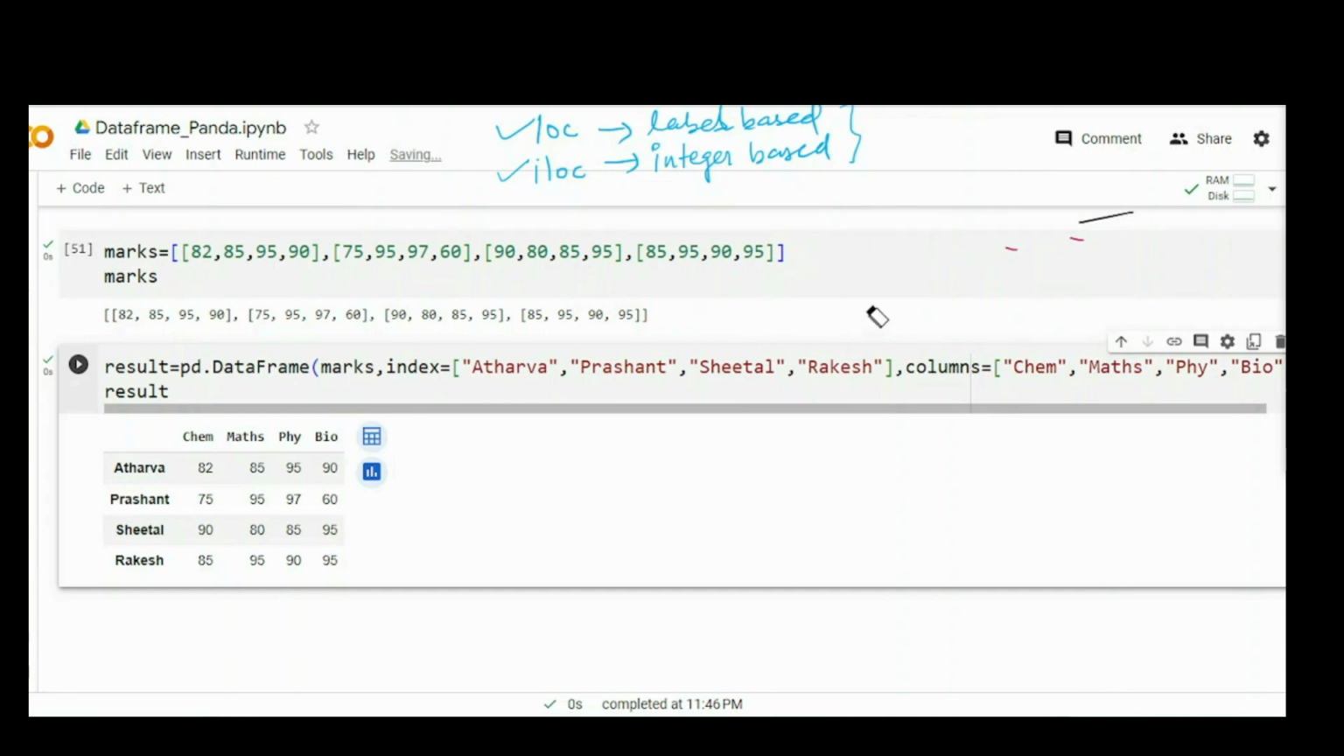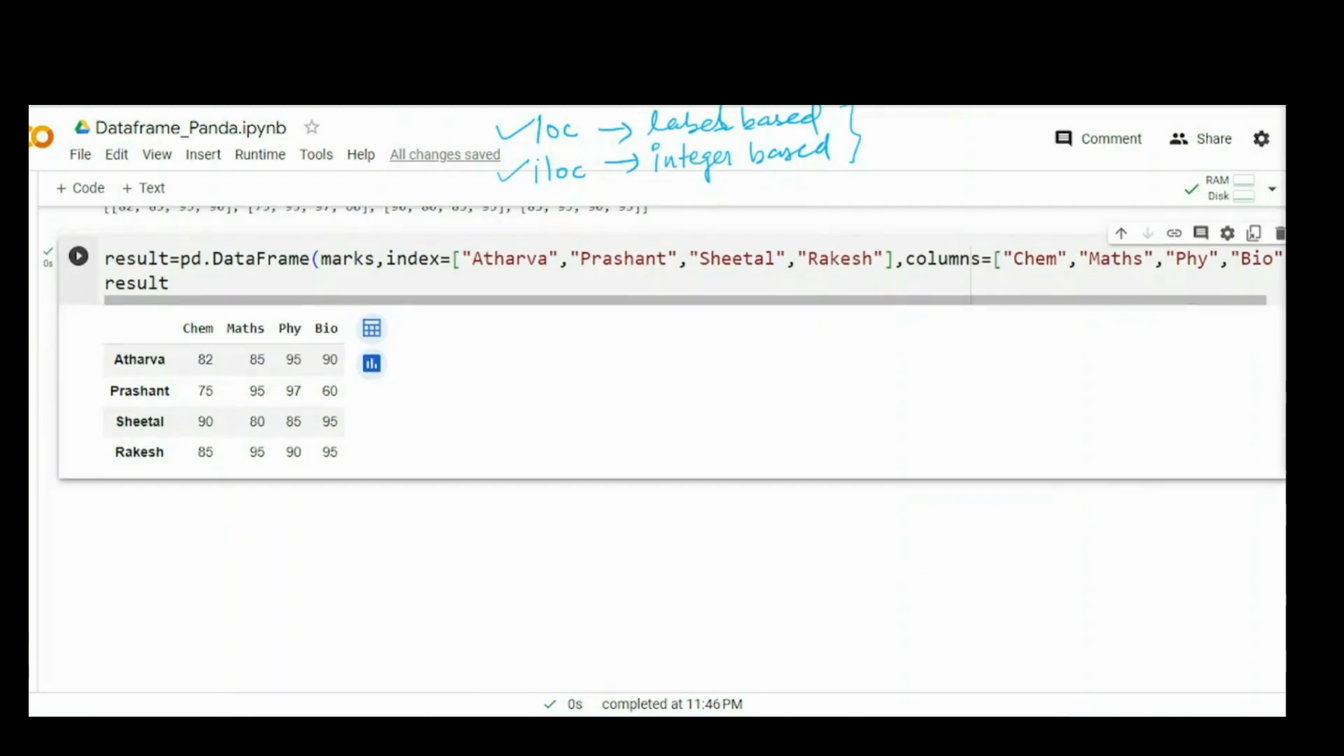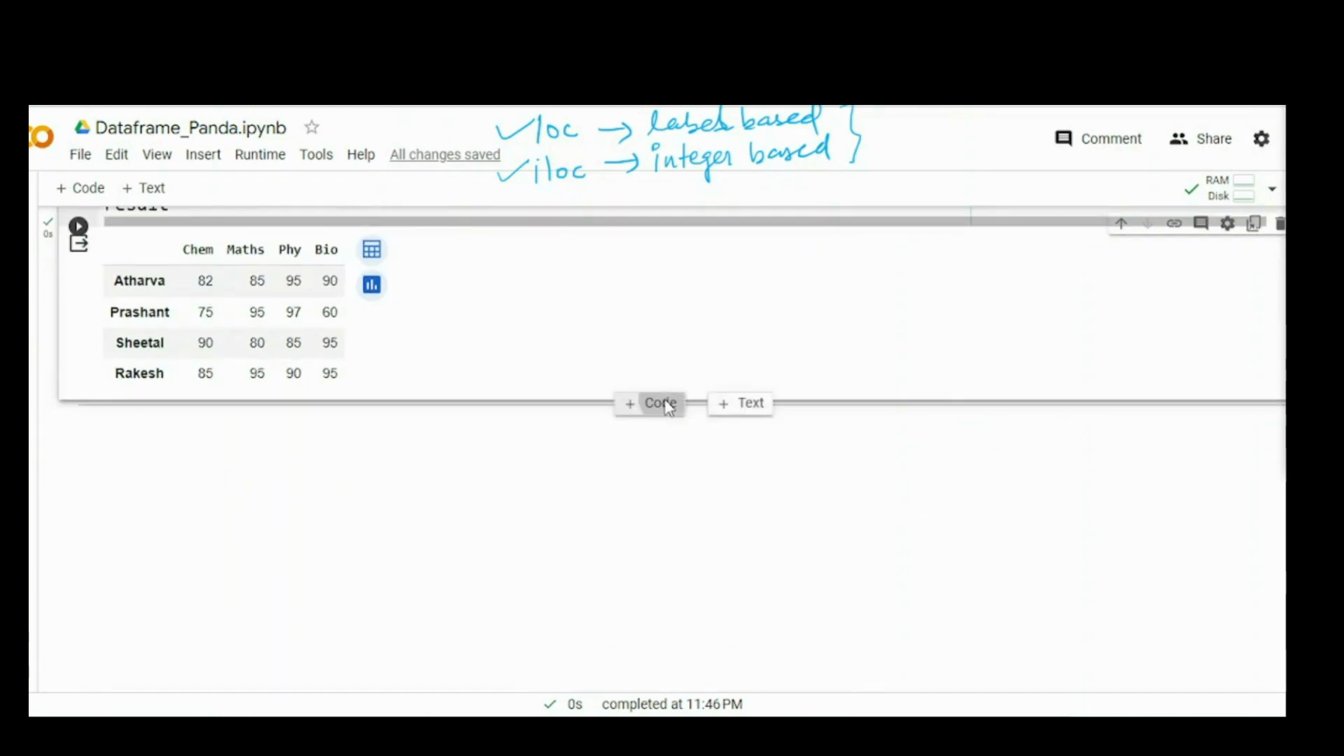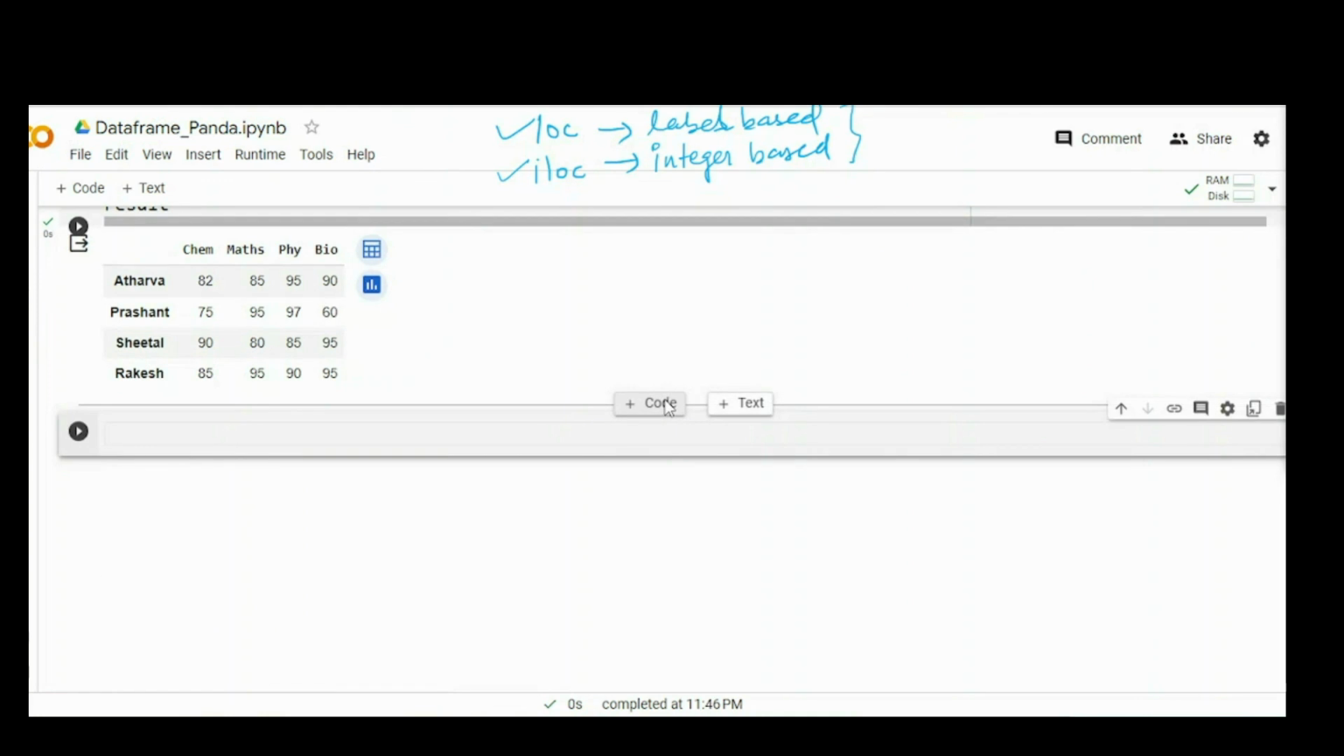Now coming to this, what I have to do is, suppose I want to use the location based access, because now I am on the location based. So I have to find out what is present at a particular location. For example, I will be using result, because I have stored it in result. So result dot